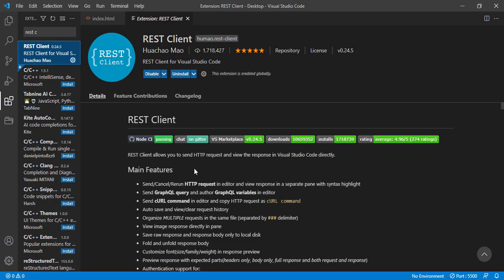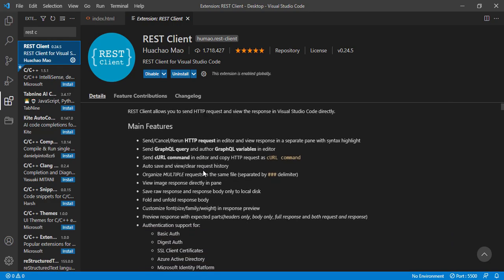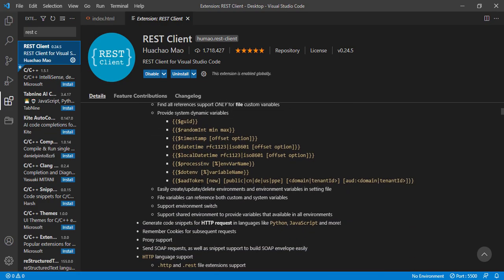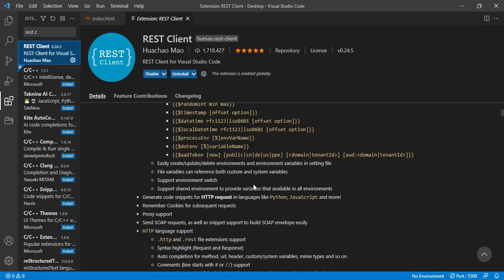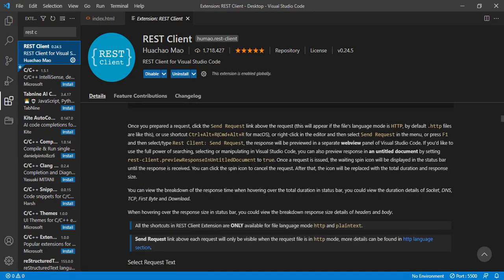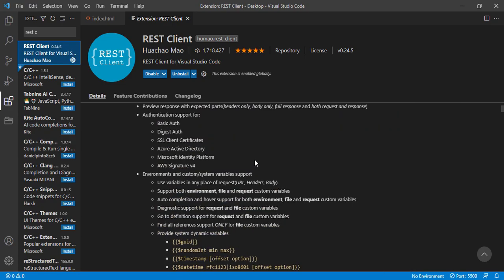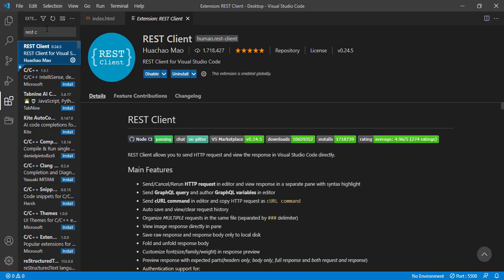It basically allows HTTP requests and responses directly in Visual Studio. So you can go and check. We can use it in a few of our projects regularly. So it is really helpful if you are working in the backend.